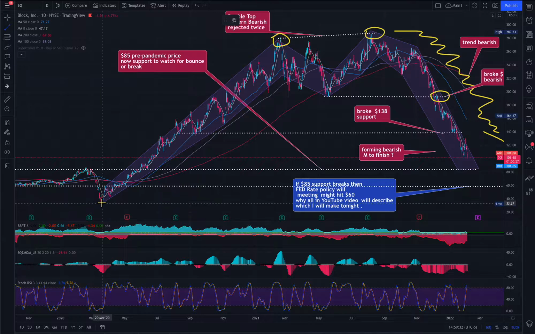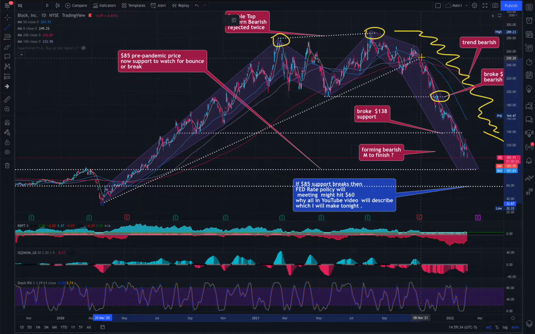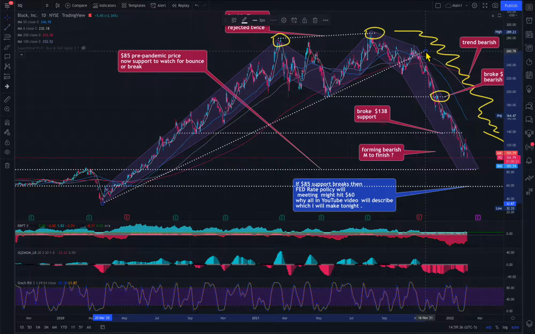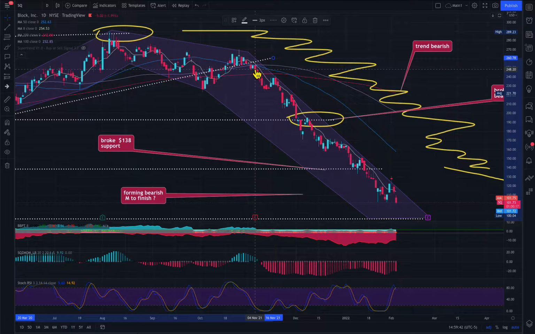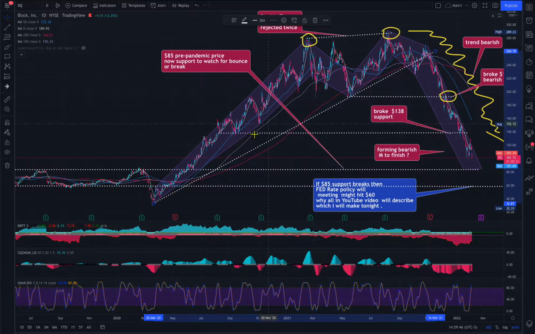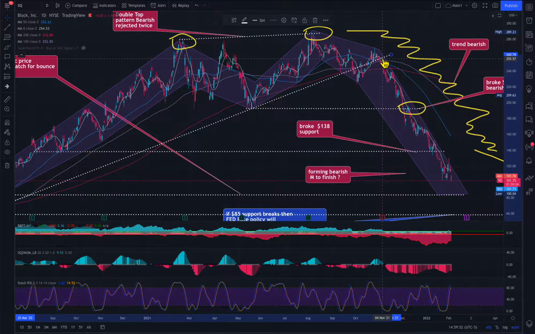And I also by mistake deleted this one, because this sloping support broke right here, which was right at the 100-day moving average. If you can see right here, look at that. Once this broke the 100-day moving average sloping support, this is the major support from the pandemic till November right here. When this broke, these are the real signs that we always need to have some technical knowledge, because technical